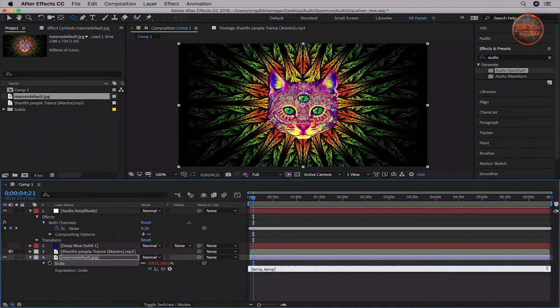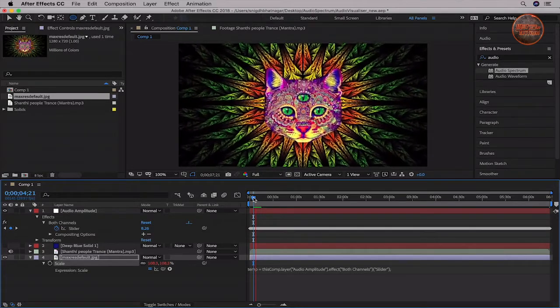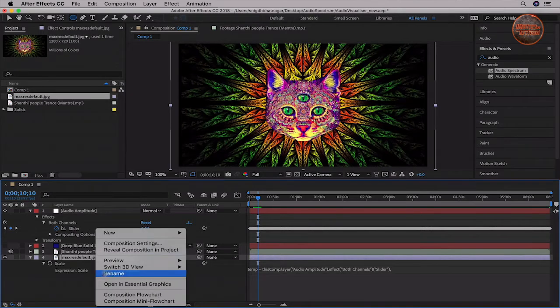Go to the end of the expression and let's add in a little condition here. Hit spacebar, plus, spacebar again, square brackets open, 100, 100, square brackets closed. So essentially we are telling the expression in the scale value to follow the frequency of the audio in both the channels while scaling up and down. Also we are defining the base values to remain 100 in the X and 100 in the Y values. This way, the scale is never going to go below the 100% size of the image. Nice. Now add an adjustment layer.